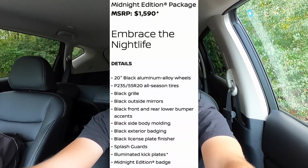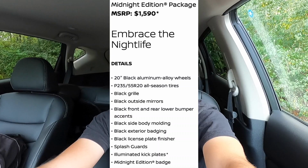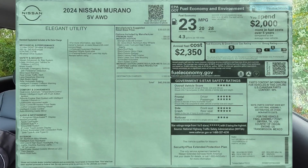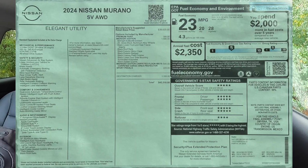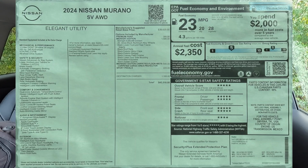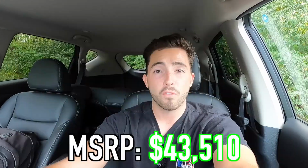Like I said, this has been optioned with the Midnight Edition. I'll throw everything that you get with the Midnight Edition on screen right now. 1, 2, 3, 4. Now I'm going to throw the entire window sticker on screen, and you can take a look at everything you get as standard, the couple options that this vehicle has, but basically I'm just going to highlight the MSRP. So the MSRP of the way that this particular 2024 Murano SV Midnight Edition is spec'd is